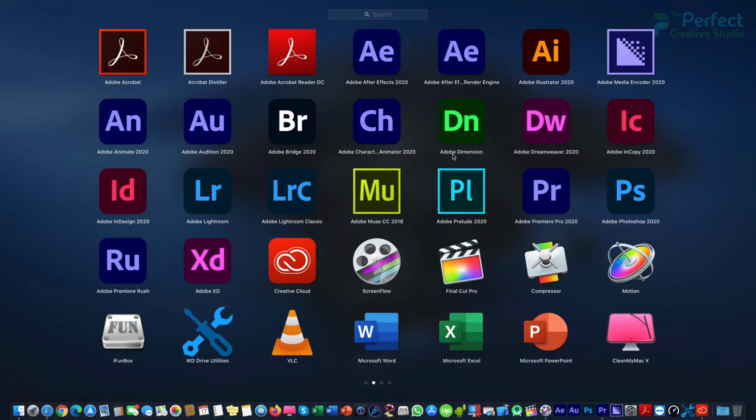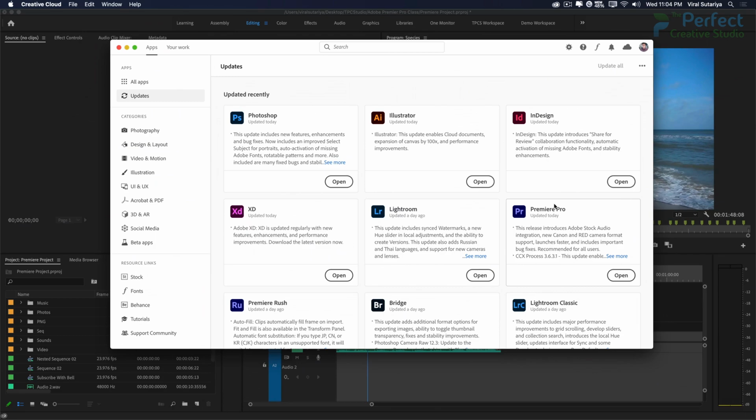First of all, you can see a beautiful icon. Adobe has changed almost all apps' logos. It looks clean and beautiful now. Earlier, all logos were like this one with a square and border, and now it has no border and a radius look. It looks pretty cool. I like it too much. I don't know if it has changed in Windows or not, but in Mac OS it is completely changed. So very cool thing. There are some updates in this version, so let's get started.